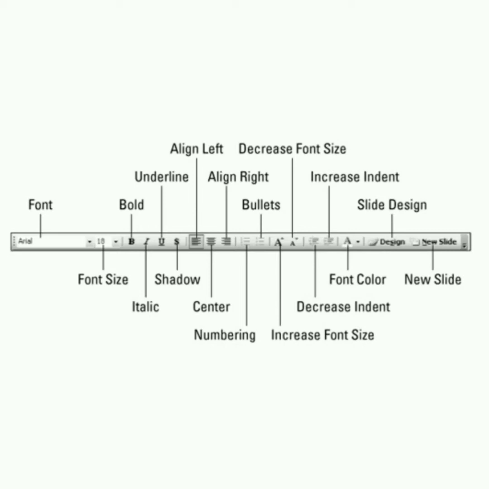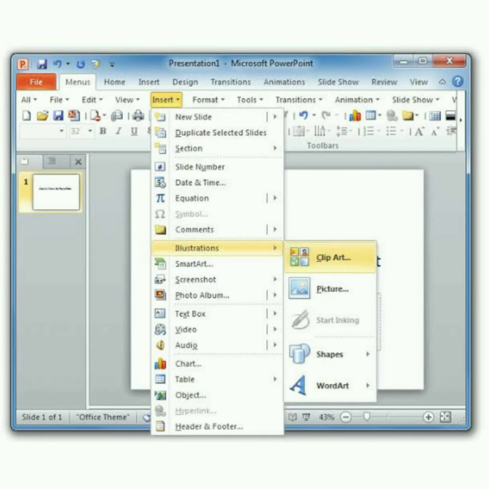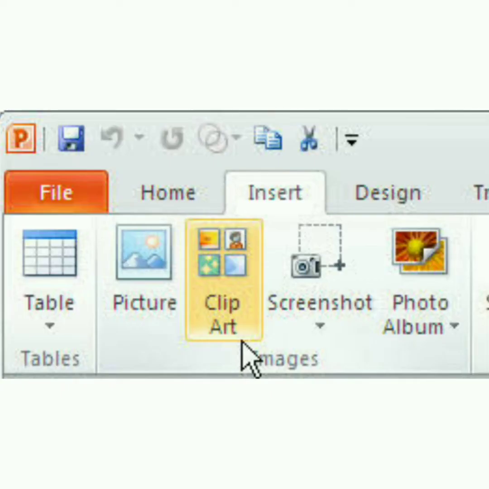That is the difference. And if you want to insert any clip art or any images in the slide, then you can click on the option called Insert. There you have illustrations and then clip art. Sometimes it is available in the tab itself, where you just click on Insert, and there you have an option called clip art or picture. Anything related to your topic, you can insert it, and then you can add the content to that particular slide. So this is how you insert an image and clip art in a slide.